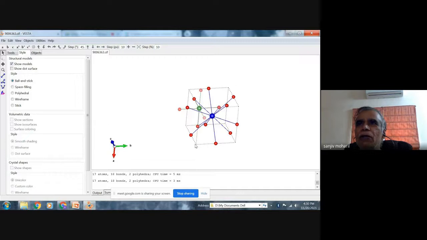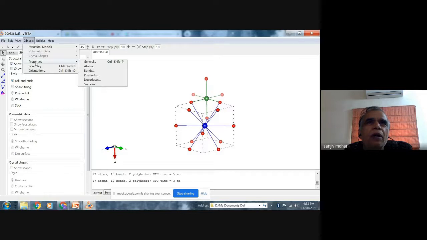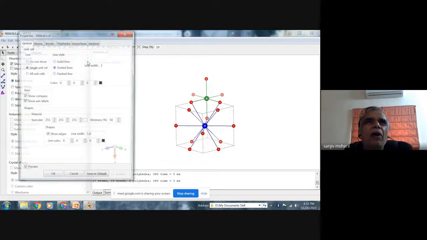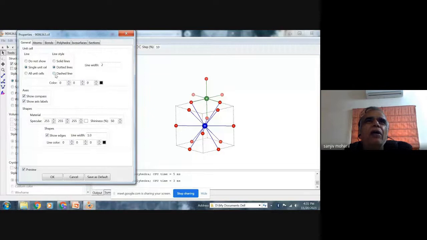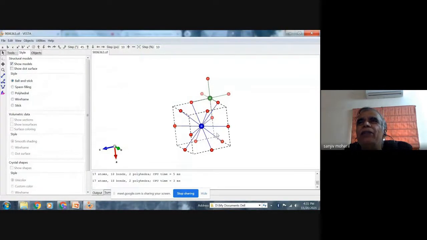And I can also now see the unit cell, isn't it? So I'm seeing the unit cell. Yes, this is the unit cell, and these are the positions of the potassium atom and Mg atom. So only one atom at a time.